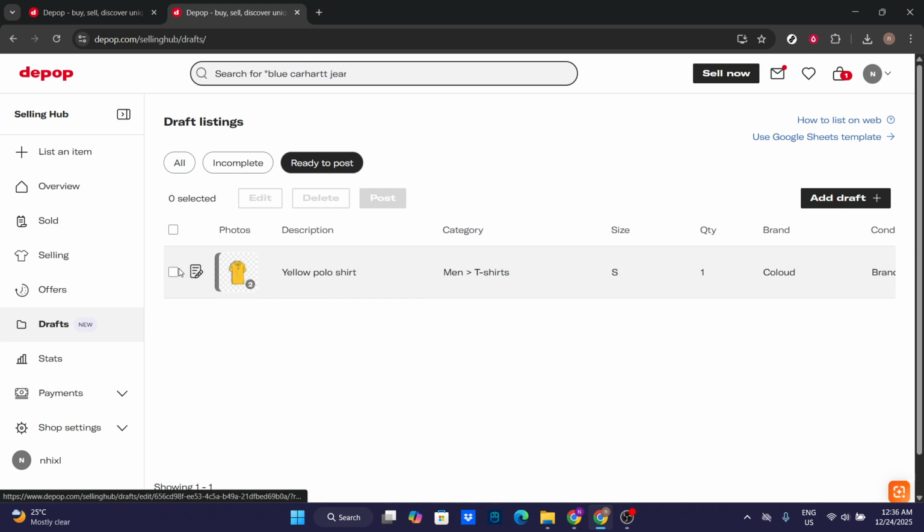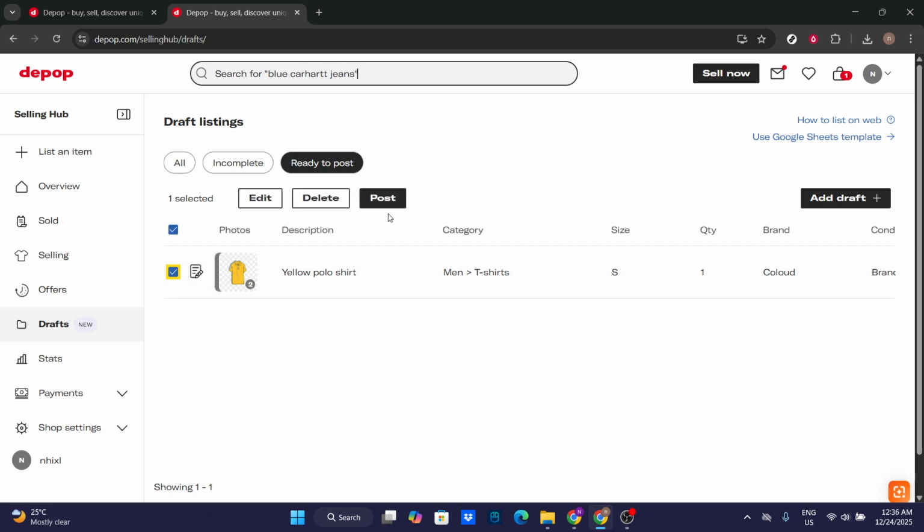That's it. Log in, head to your selling hub, open Edit Draft Listings, add a clear and honest description, then either keep it as a draft or post it when you're ready. With a strong description, you'll set better expectations, attract